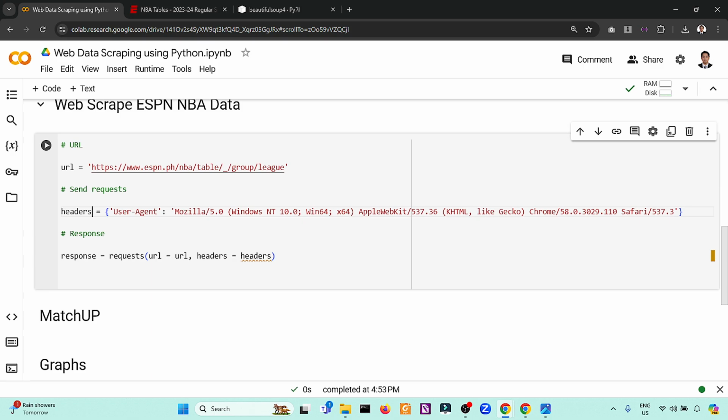Let's make this plural because there are many user agents here. These are the codes for each web browser.